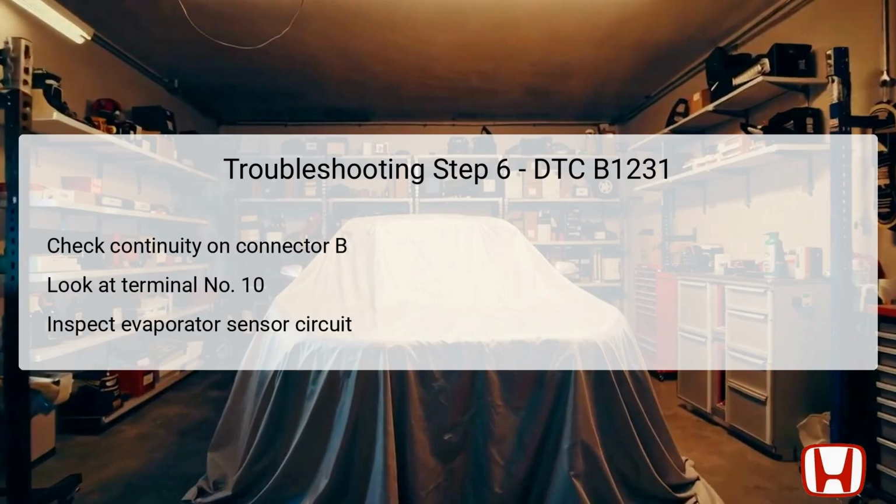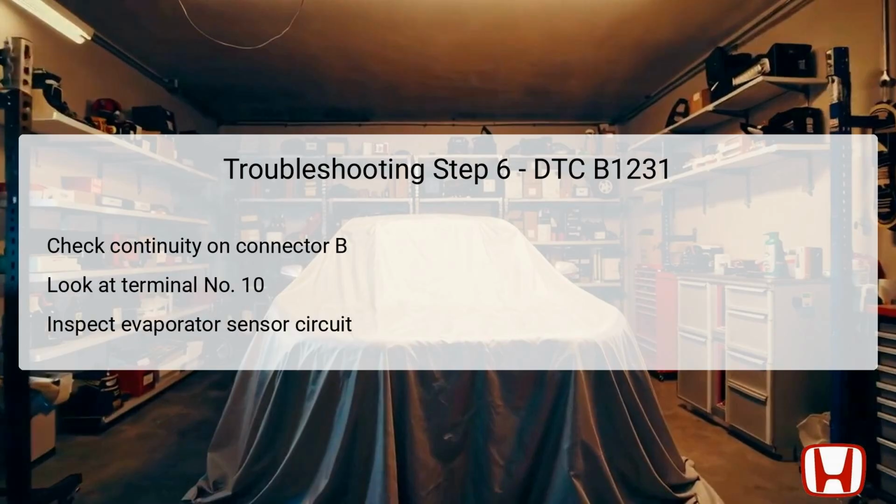In this sixth step, continuation of the continuity checks is crucial for diagnosing the DTC B1231 issue. Assess continuity between climate control unit connector B, 12P, terminal number 10, and evaporator temperature sensor 2P connector, terminal number 1. This additional assessment is aimed at confirming the integrity of the wiring, from the climate control unit to the